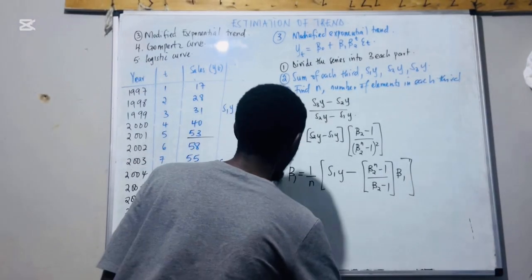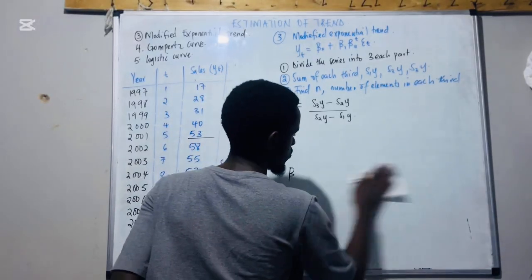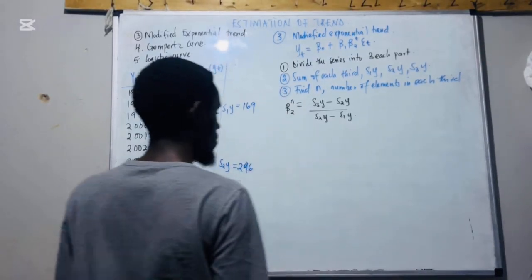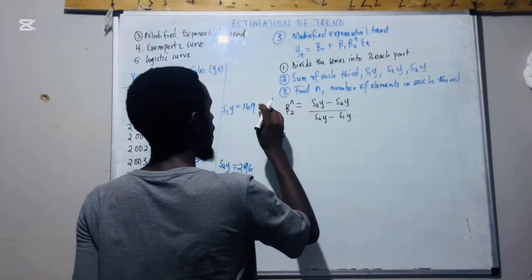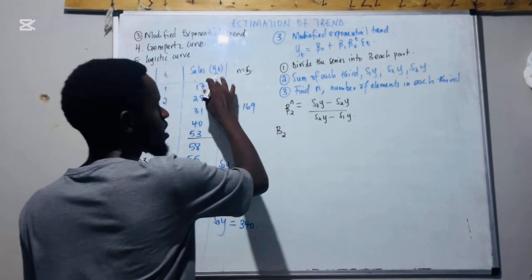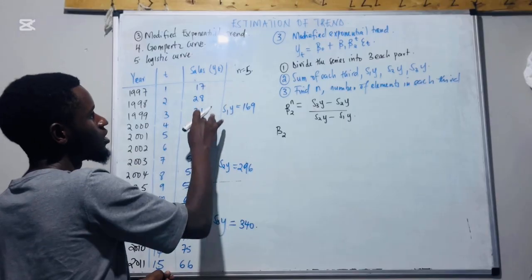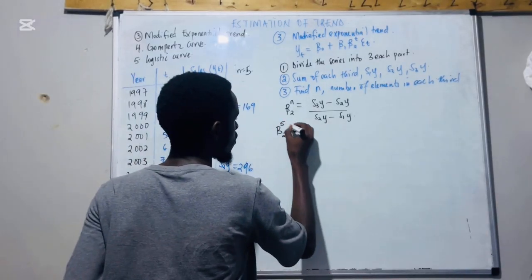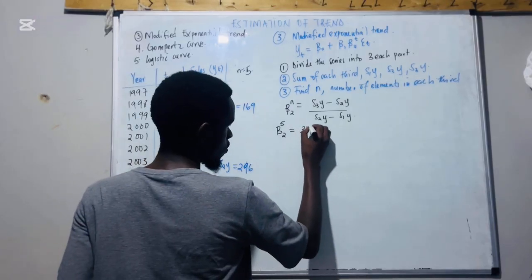Now remember, for beta 2, you just need to first find beta 2 power n. Remember, our n is 5, because n is the number of elements in each third. So we shall have beta 2 power 5 equals S3, which is 340,